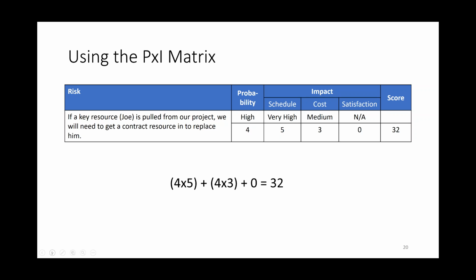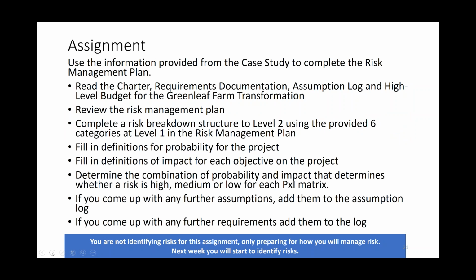There we go. So once you go through your risk register and you determine your probability and your impact, and then you have your score, if you're running this in an Excel sheet, you can very easily just sort on your score, and your highest risks will bubble up. The ones with the highest score will bubble up. Or you can also plot them on your probability impact matrix. So if you go to the next page, we'll see that.